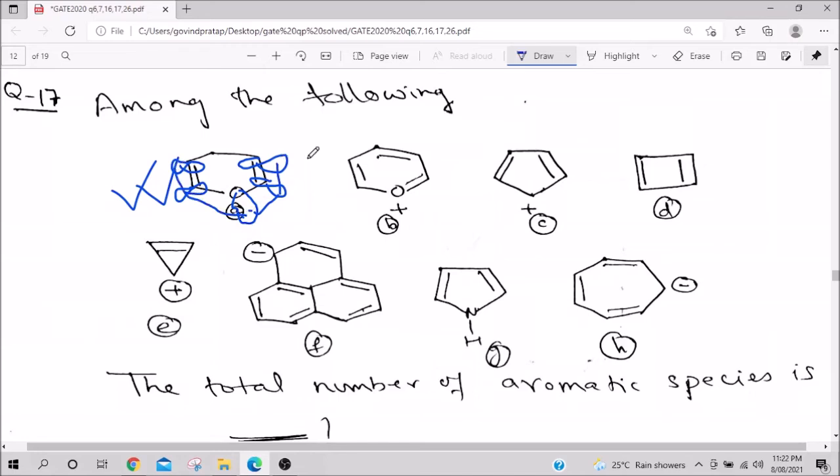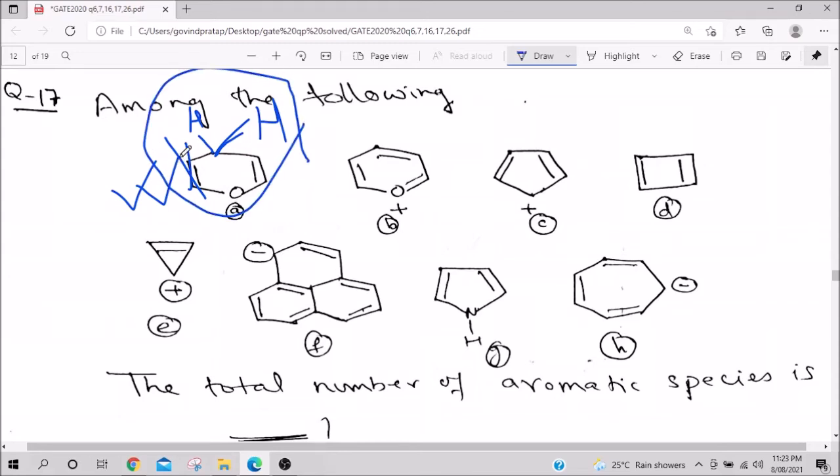So till here conjugation is fine, but this carbon is single bonded, it is sp3 hybridized, it has 4 bonds. One is hydrogen, one is hydrogen, so it does not have any orbital free, all are bonded to some atom, so it cannot pass on the electron, it cannot overlap. So this system is definitely not conjugated. So by rule 2, I am ruling out A. Here there is no issue, all of them have orbitals. Let us look at this interesting molecule.